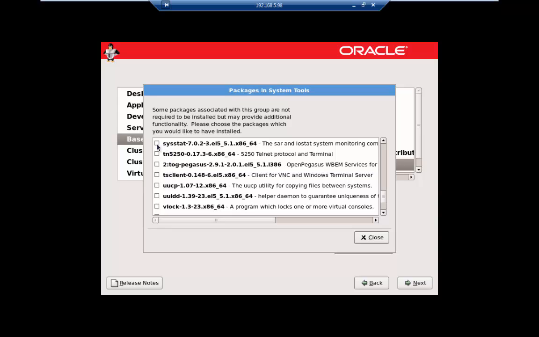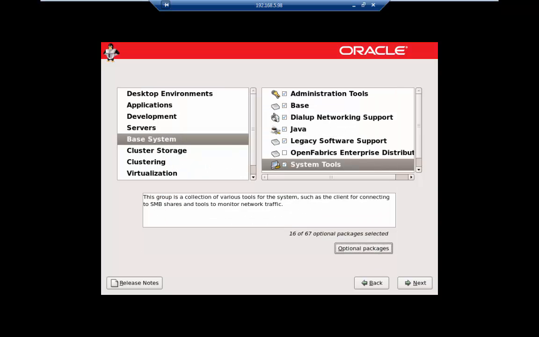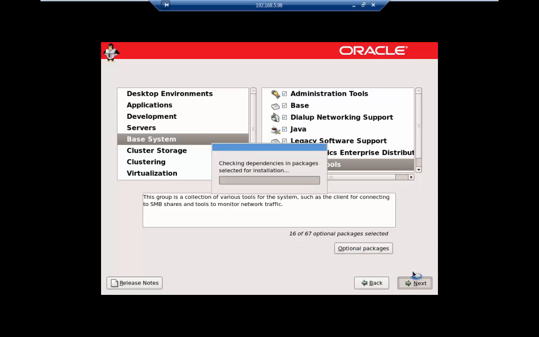I want you to also select Sysstat. From my experience, I found that package is very important. We will just do that and then close that out. So you should have 16 of 67 packages here. Click on next, and